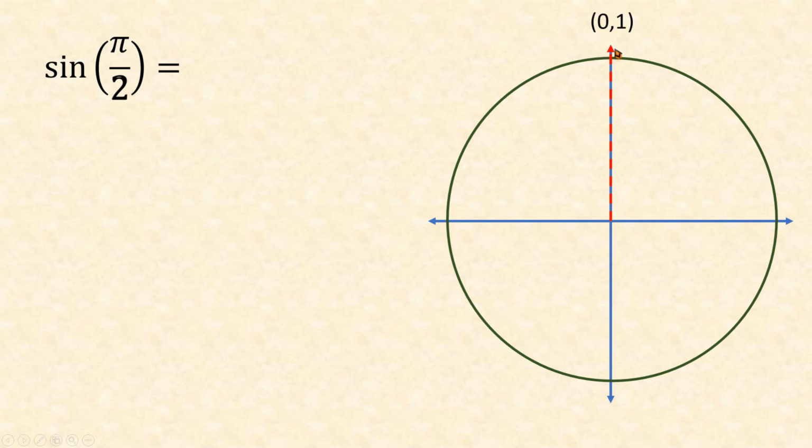If I want sine, I'm looking at the height, right? Because that's the opposite. So remember, if you're looking for sine, you're always looking at the opposite over the hypotenuse, right? So opposite is the height. If you want cosine, you would be doing the base. But because I'm doing sine, I am looking at the height, which is 1. Okay, height is 1. So 1 over 1 gives me the sine of pi over 2 is 1. All right, if you were doing cosine, you would have 0 because the base is 0. Okay, the same concept applies to any angle that lies on the x and the y